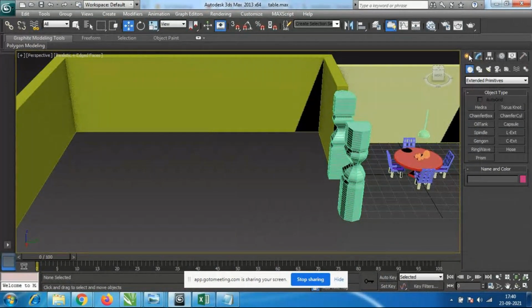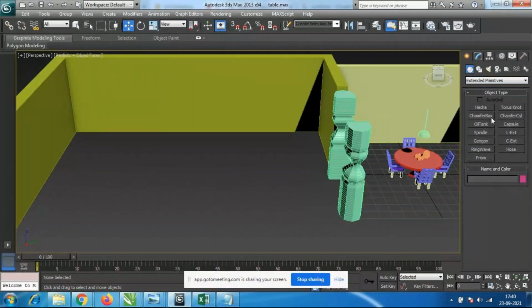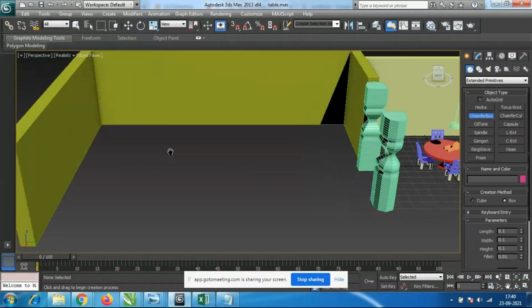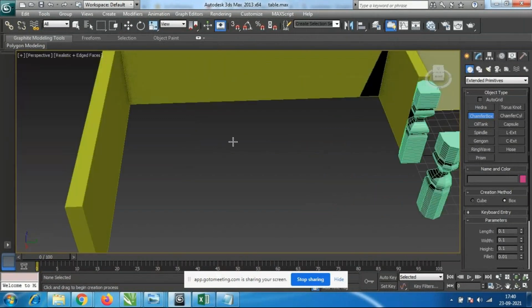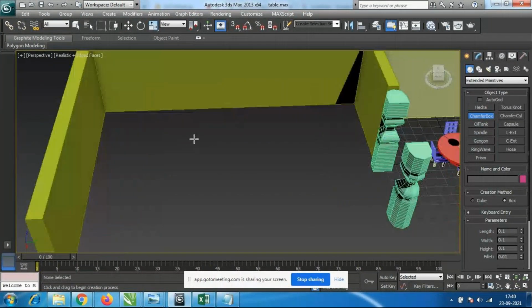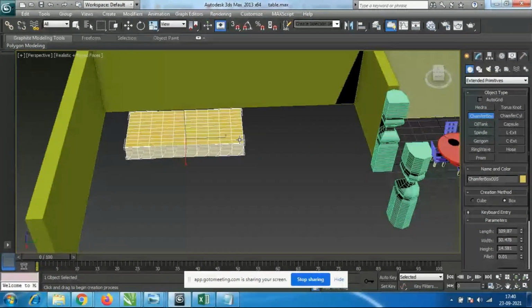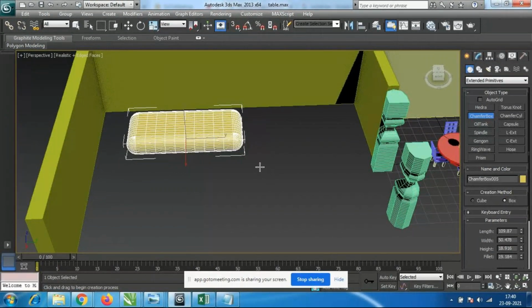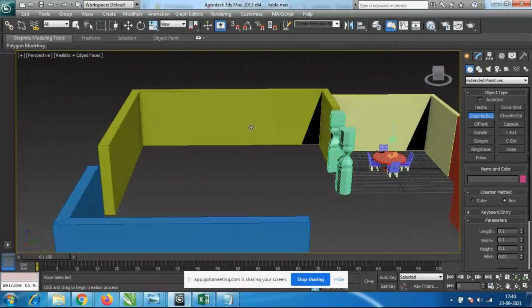Okay. So I will go to this extended primitive and I will go to this chamfer box. I'll try to create a sofa. See, not this many segments are necessary. If I add so many segments, I'll get a very smooth shape. What I will do, I'll click on this chamfer box and I'll check it here.